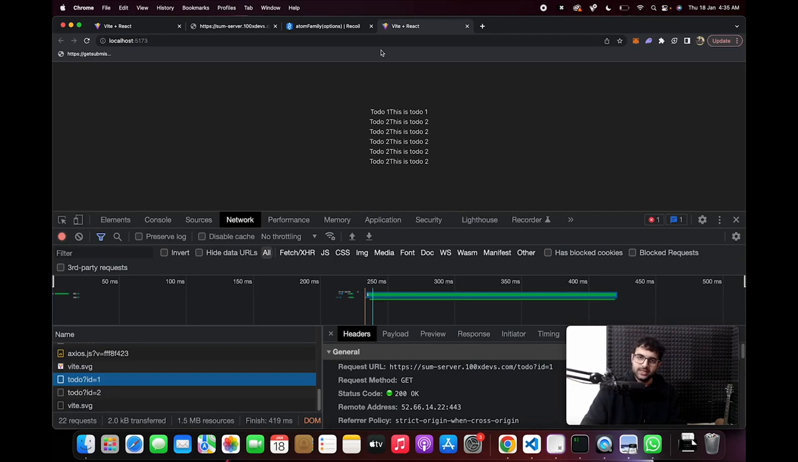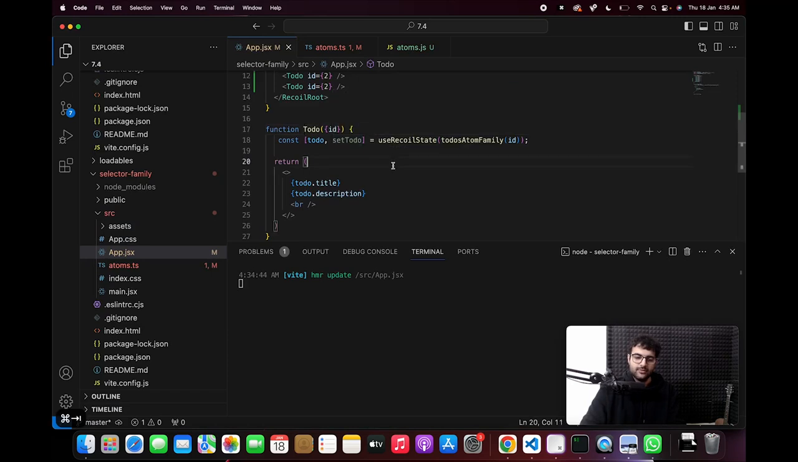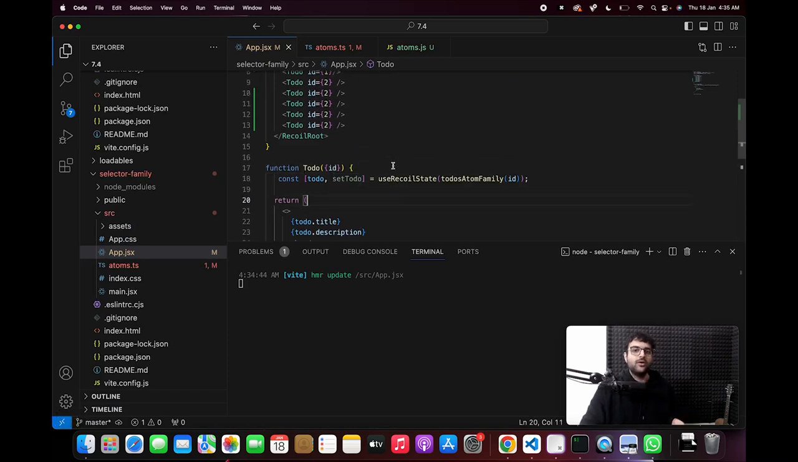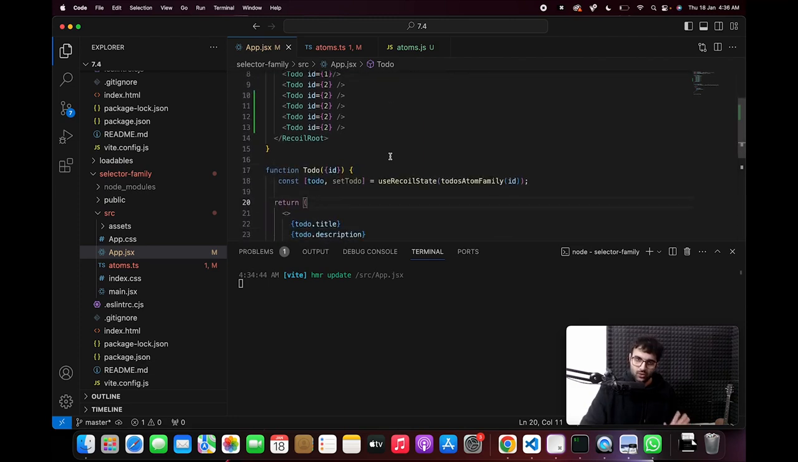And you will see use cases where you will need to create atoms dynamically. That is what atom family lets you do. And if the default value of it needs to be asynchronous, that is where you need to use selector family. All right, that's a brief of atom family and selector family. If you did not understand, or felt a little overwhelmed, specifically by the selector family bit,